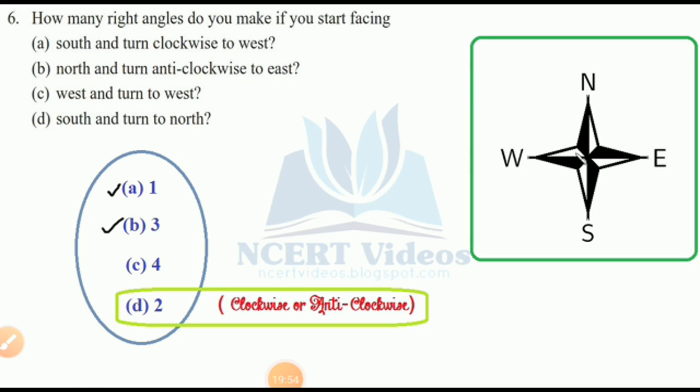Very good. West and turn to west. 4 right angles, you have come back here after turning. Anyway, direction clockwise or anti-clockwise. The last question is also like that. You can move on clockwise or anti-clockwise. Anyway, you can move, you will reach the particular place, south to north. Go from here or from there, in both cases equal right angles are formed, two right angles. And we know a complete circle has 4 right angles. Good.